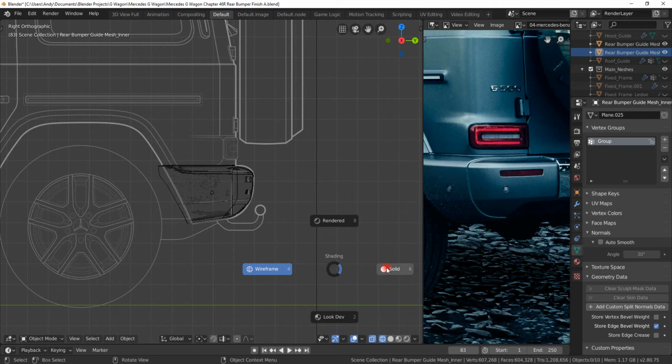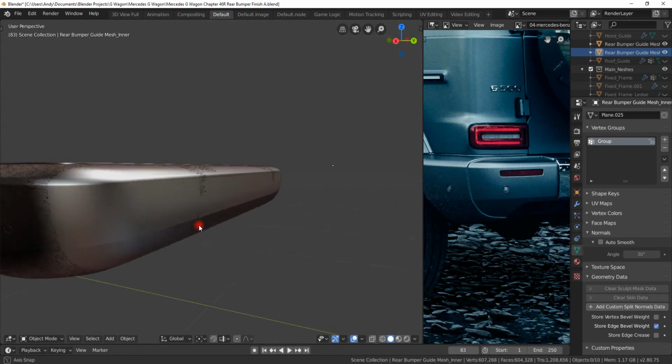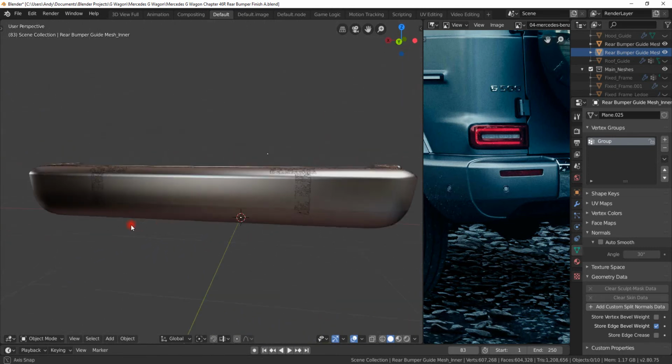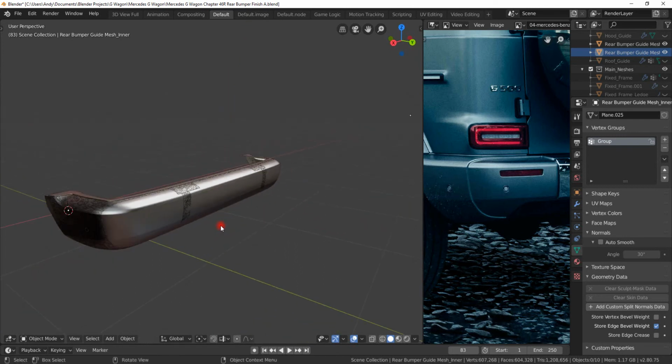What I did first off was create a guide mesh, which is to the basic shape of the bumper, as you can see in the outline there. Okay, so that's the guide mesh. Once I created that, if I hide that,